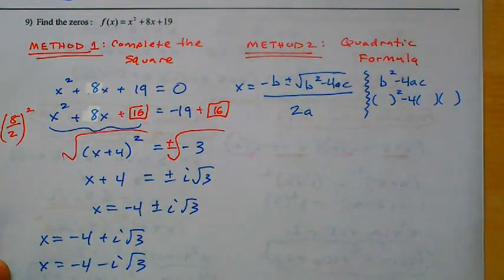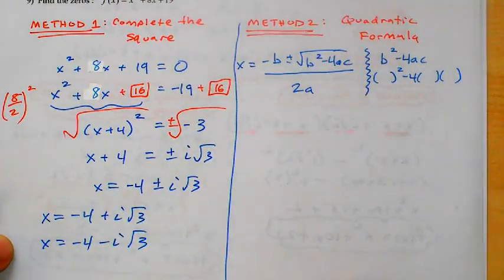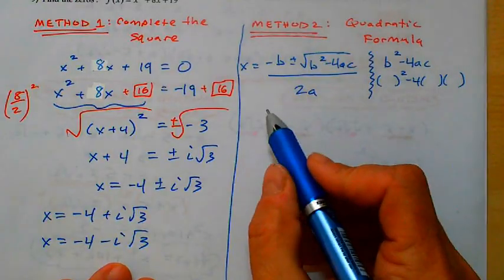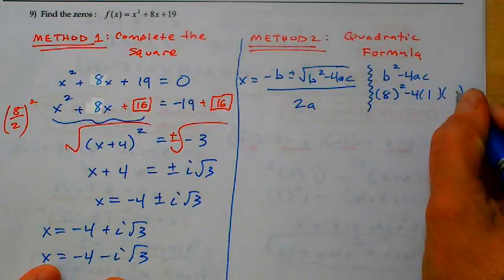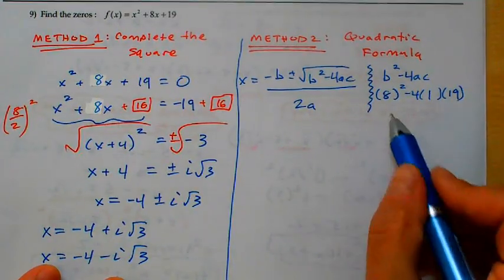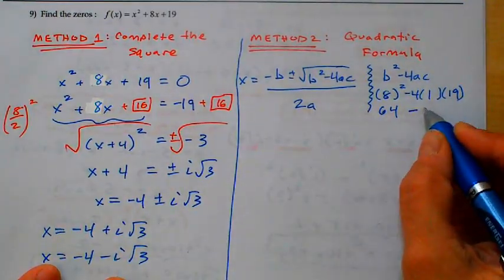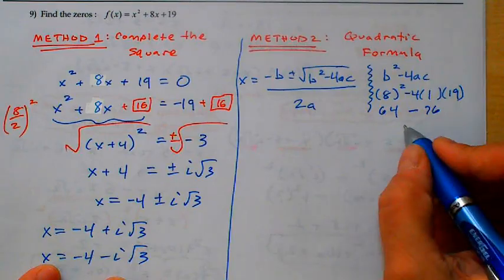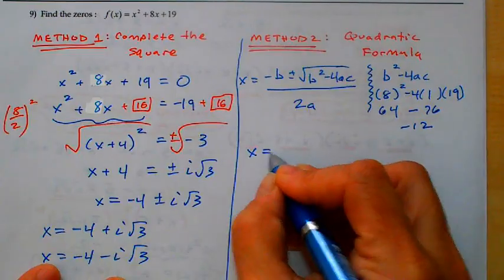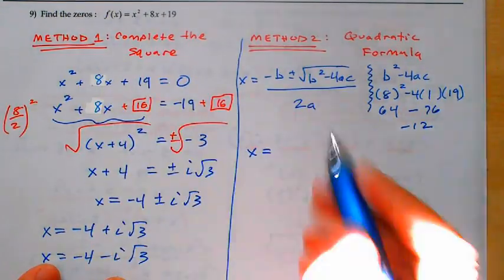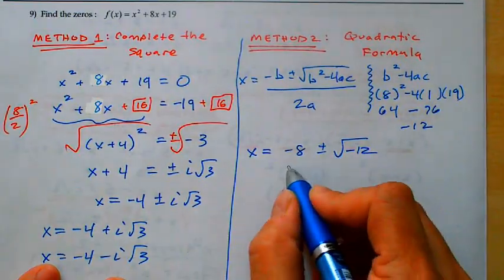All right, let's just squeeze in some quadratic formula, and same problem, we should get the same answers. I'd like to compute the discriminant first. That's the value under the radical. That's where all the mistakes tend to happen. So I'm going to figure out 64 minus 76 to get a -12. That's the value under the radical. All right, so let's now see what we've got. x equals -b, so -8 plus or minus the square root of -12, all over 2 times the a value of 1,